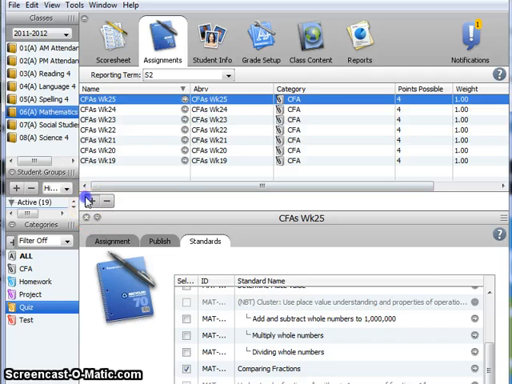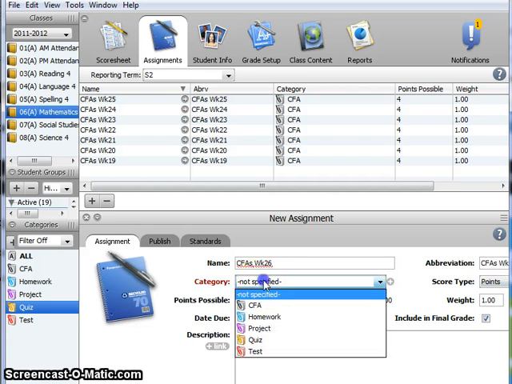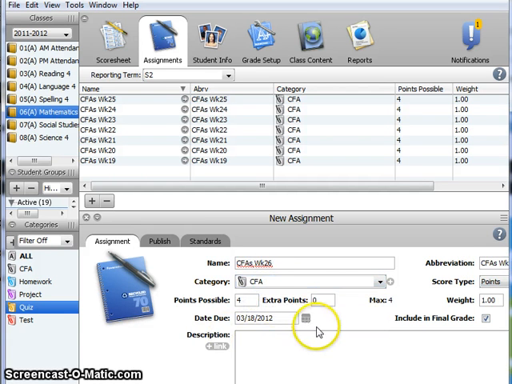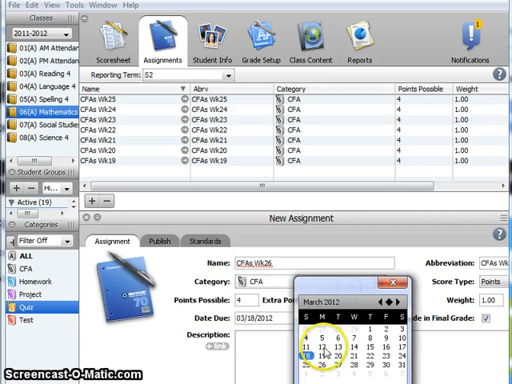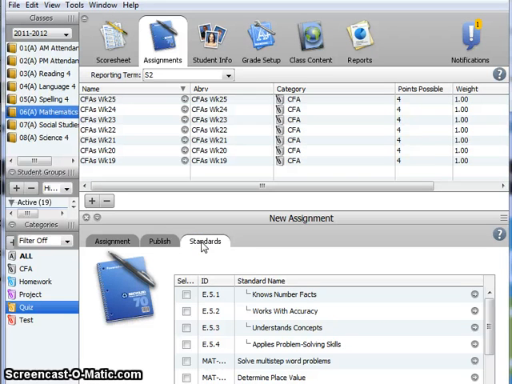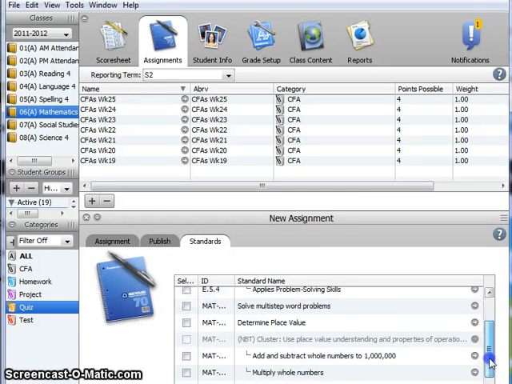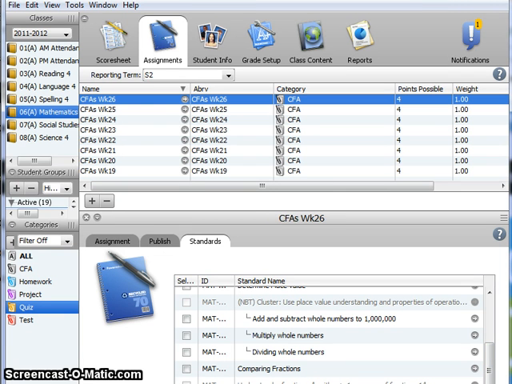I'm going to add another one. While we're here, this will be week 26. I'll tab over, pick my CFA. I'll pick the week that we're going to do this on, March 12th, and my standards. I think we're only going to measure one standard this week, and we're just going to look at mixed and subtract fractions. And that's how simple it is then when you go to score your assignments,